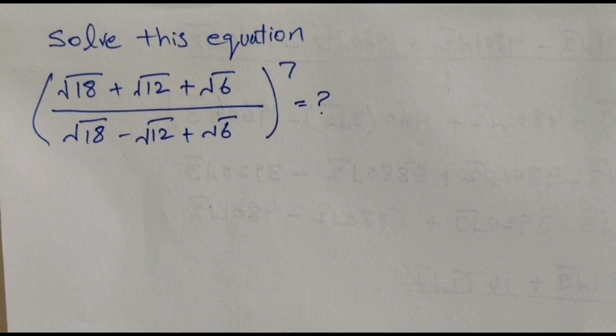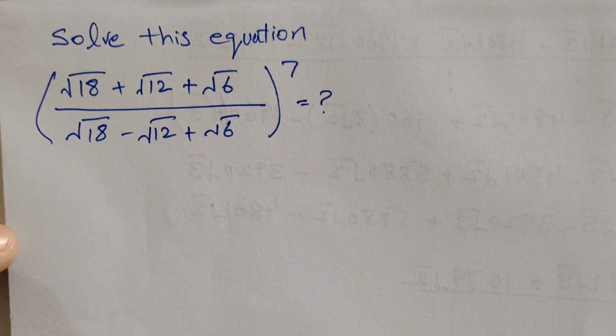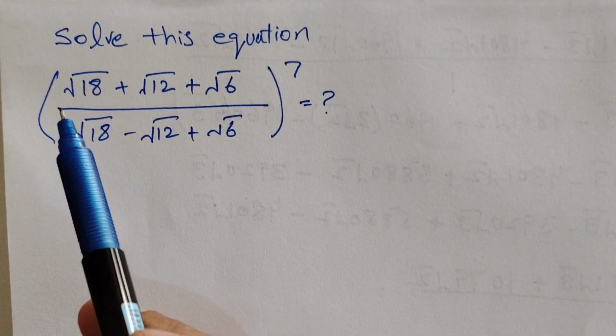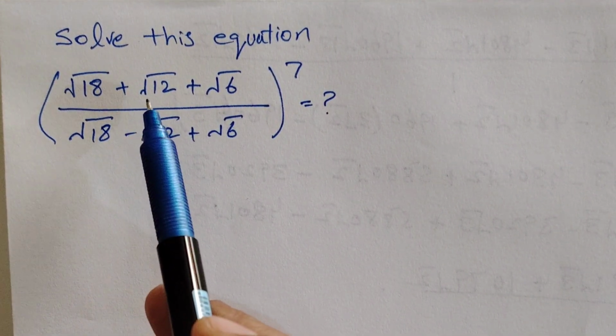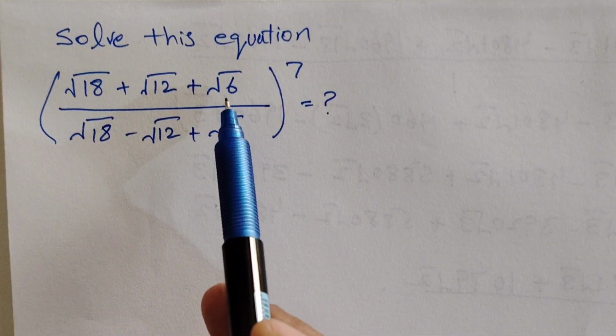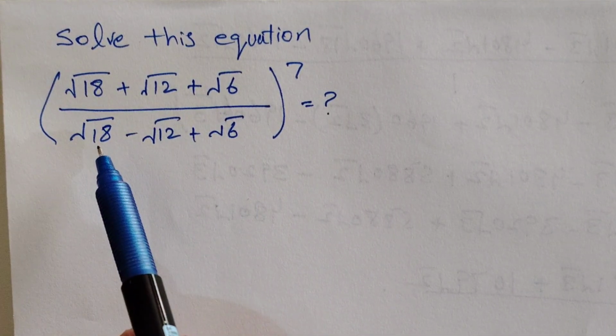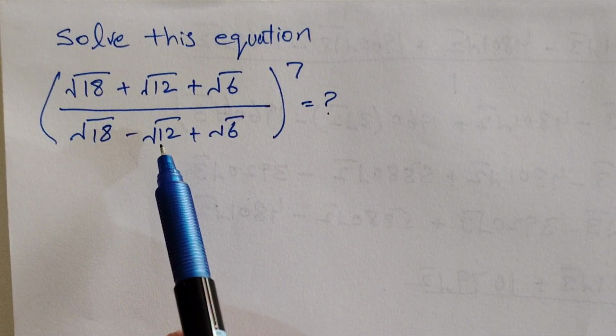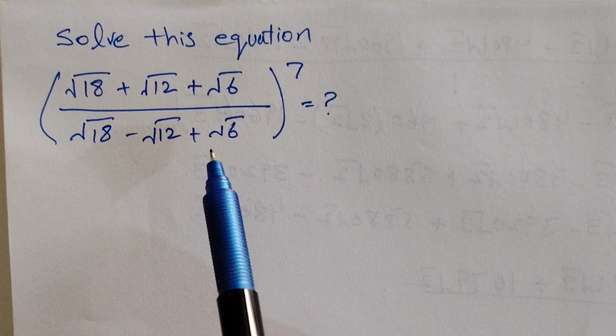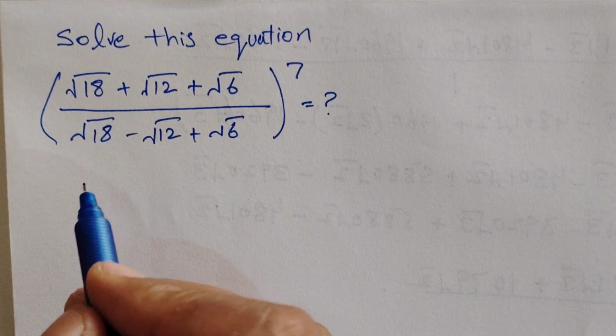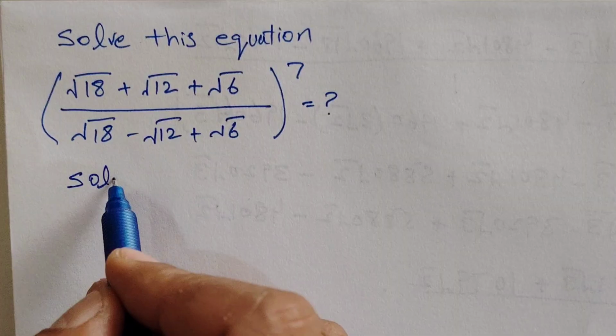Today we are going to solve this equation in which we have square root 18 plus square root 12 plus square root 6 divided by square root 18 minus square root 12 plus square root 6, whole power 7. Now the solution,